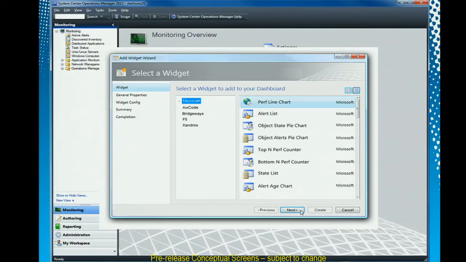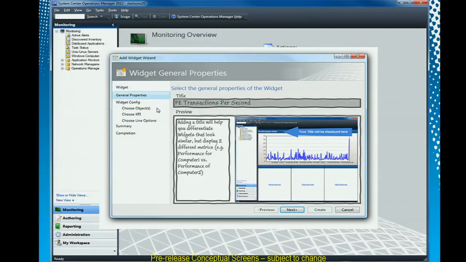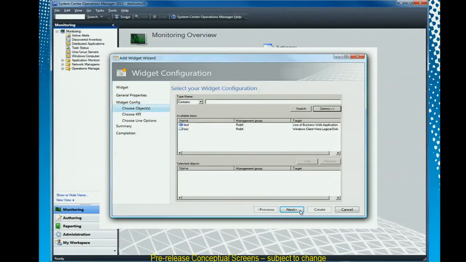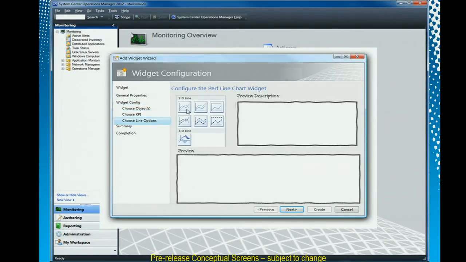So here we can actually see different kinds of widgets that are available around pie charts, object state, state list, etc. Let me go over here. And then you can start to see how they're going to get filled in. When we get filled in, we get this preview, and we can do things like, okay, what kind of counters do we want to set for each one of those? Very similar to how he picked columns in his alert widget. You'll be able to pick different kinds of machines, so if you want to group machines from that. Again, this is all just customization, about 5 or 6 clicks to go through this. And when you're finished,